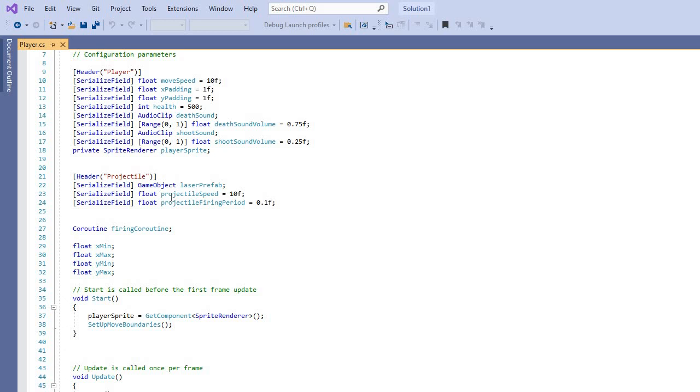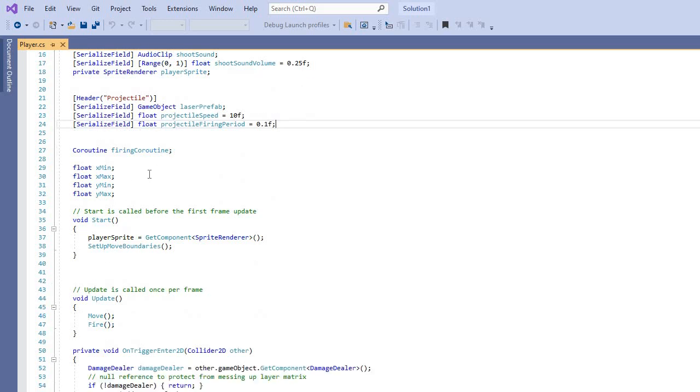Private sprite renderer, player sprites, which you can see the sprite. Projectiles. Okay, so for the projectile, in the serialized field, the GameObject laser prefab tells it what it's going to be calling into place. And then I made a serialized field, like I showed you just a minute ago, for the speed and the firing period, so that game designers could change it in the inspector if they wanted to. And then I set up a coroutine for this as well, the firing coroutine, to try